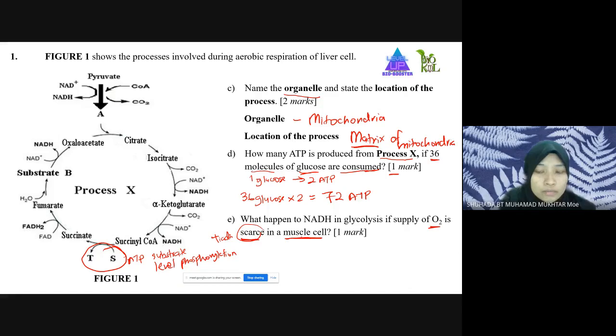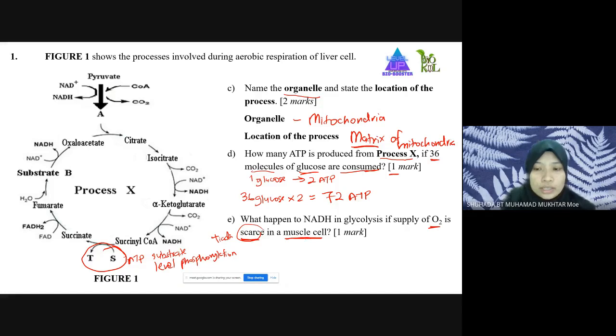Kita tahu NADH ni fungsinya ialah act as reducing agent. And kalau tak ada oksigen berlaku fermentation. So bila berlaku fermentation, sama ada lactic acid fermentation ataupun alcohol fermentation. Sebab dia mention kat sini muscle cell. So muscle cell lactic acid fermentation lah. So kalau lactic acid fermentation, okay, apa yang berlaku ialah